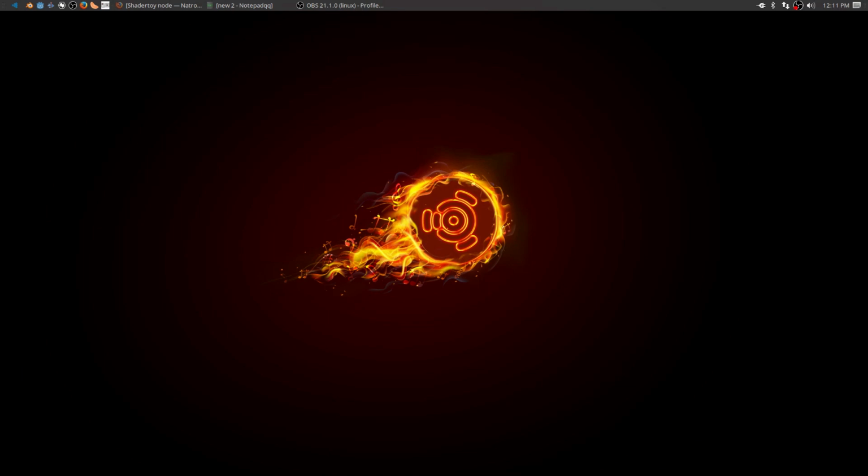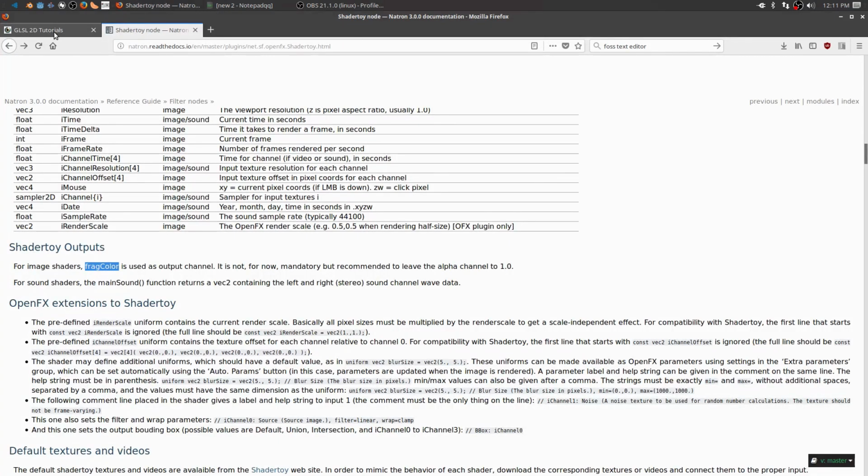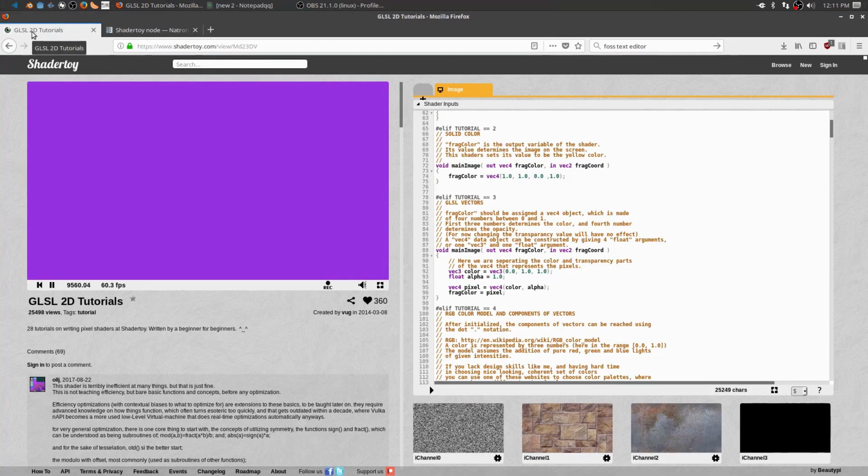So we left off, I think, at step 4 of the GLSL 2D tutorial, which was nothing more than another background color, right? So I think at this point we need to maybe back up a little bit and talk about a few things. So first thing I want to talk about, I guess, is